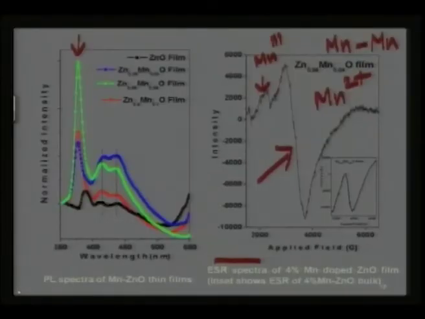Therefore, you would clearly convince yourself that it is a manganese doped zinc oxide film, but this need not be, mainly because we see that these are not isolated manganese in this ZnO matrix. So, ESR in this situation comes out very handy. Now, let us go